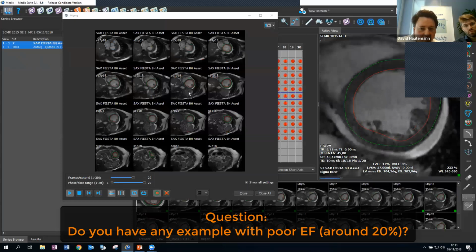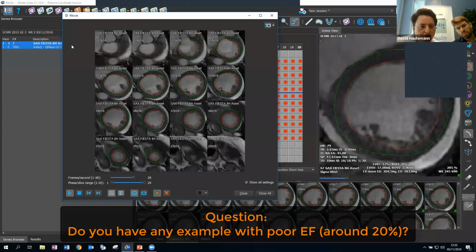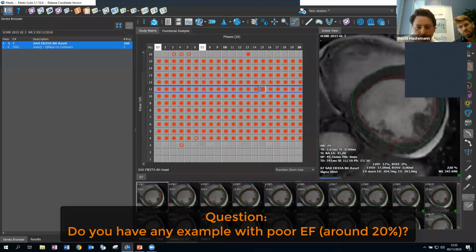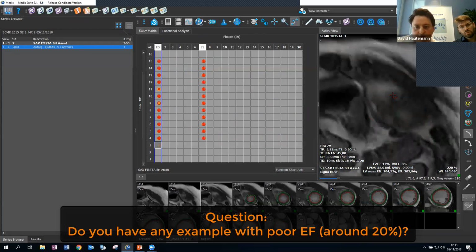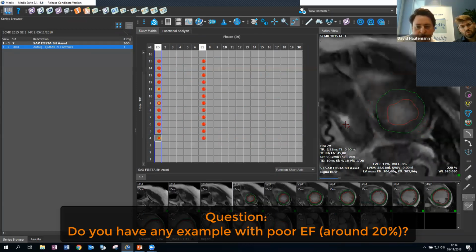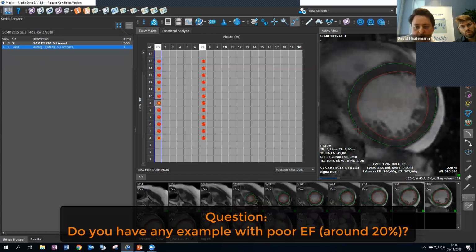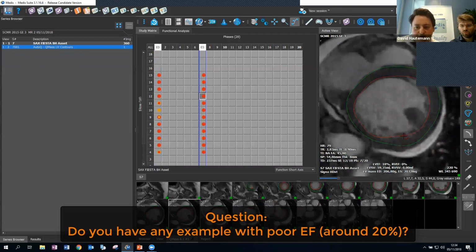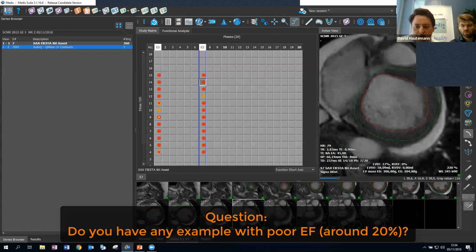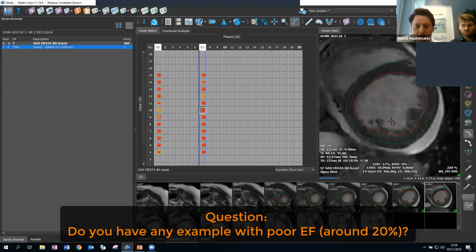So it might not be really perfect, as you can see here, but let's say we would do a clinical workflow and you're interested in the ED and ES, then you can modify contours in ED and ES to make them correct. So you would do a little bit more edits here, but everything in red was automatically detected, and everything in orange is then manually edited. But I think maybe you still need to do some editing, and you need to be careful. It's always you decide how the contours really should be in the end,